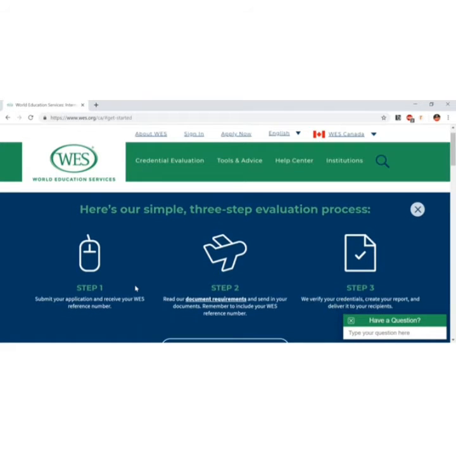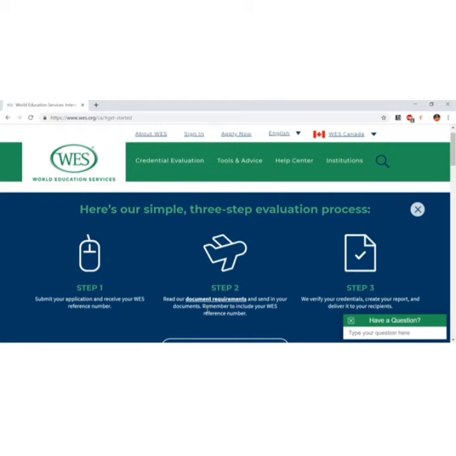So on a high level, these are the three simple steps of the evaluation process. Step one is where you create an account, submit your application, do your payment, and WES will give you a reference number. With that reference number, you have to see what the document requirements are, because based on the kind of education you did, based on your degree, the documents required might change.